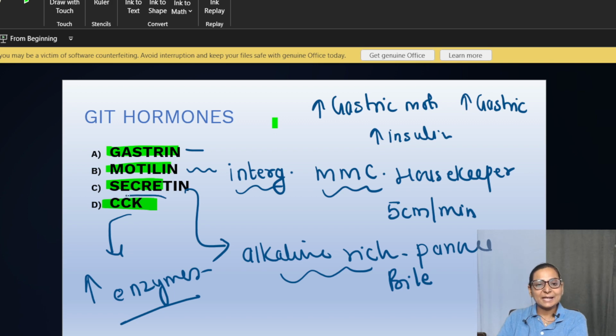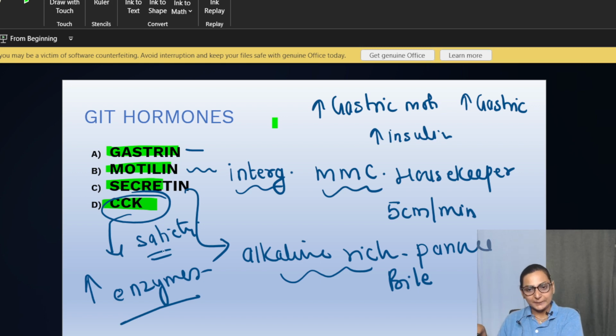Apart from this, as an extra edge, cholecystokinin is a hormone that is also acting centrally, and it is bringing about satiety. So it is a hormone which is acting peripherally to bring about satiety. At the level of hypothalamus, you've got various neurotransmitters, neuropeptide Y, leptin, which take care of the feeding center, but peripherally it is your CCK.